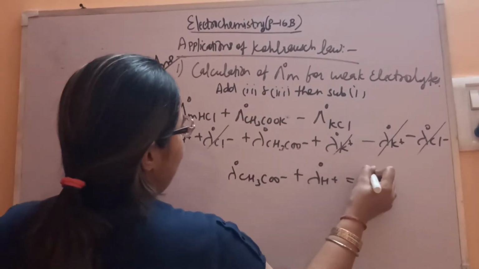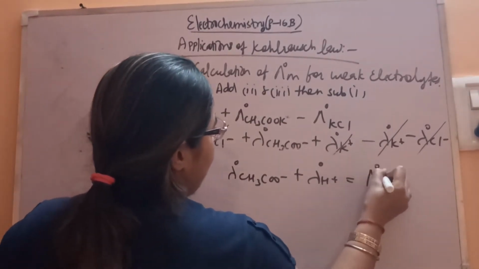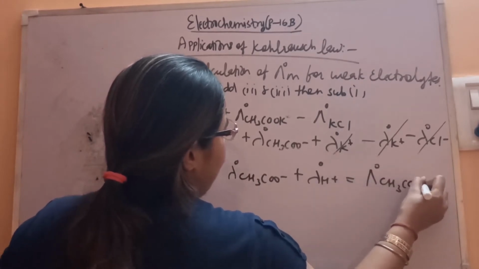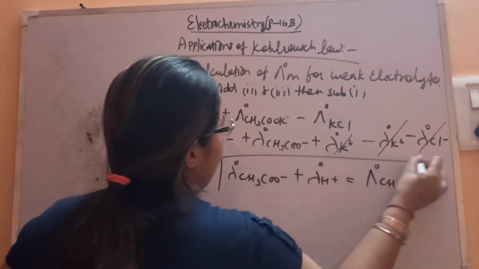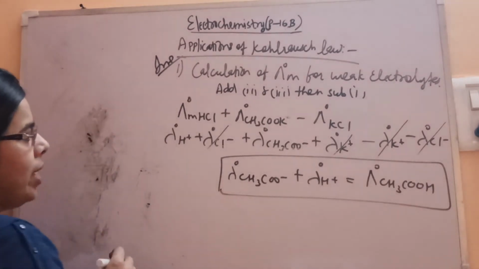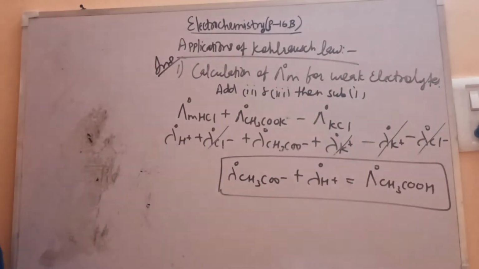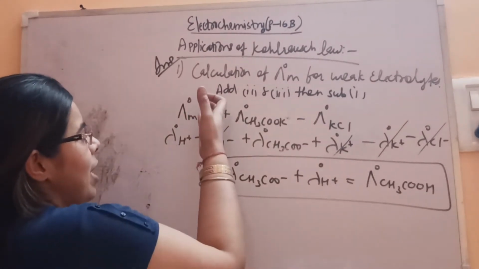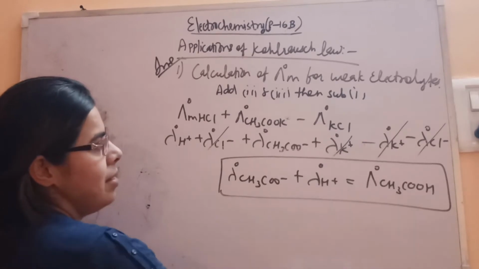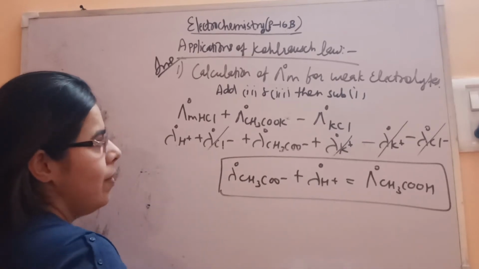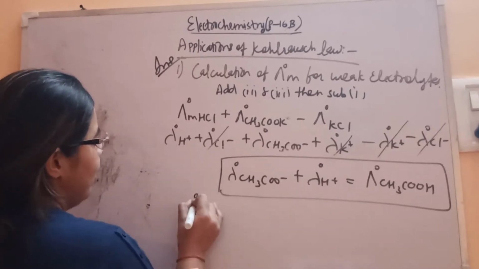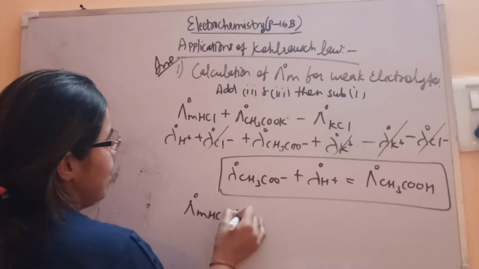This one, which is equal to what? Molar conductivity for acetic acid, that is for a weak electrolyte. So by knowing the values of all these strong electrolytes, we can easily calculate the values of the weak electrolyte. So we will be putting the values and we will get the value for this. Fine. Okay. So you can say that this is equal to this